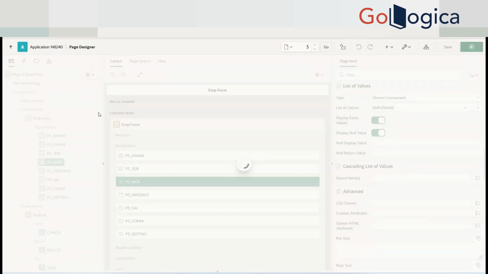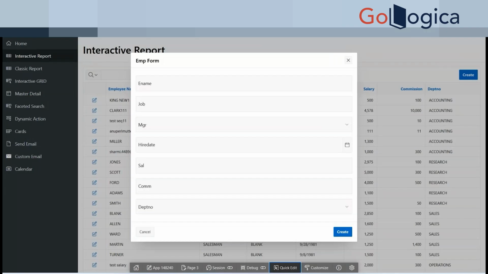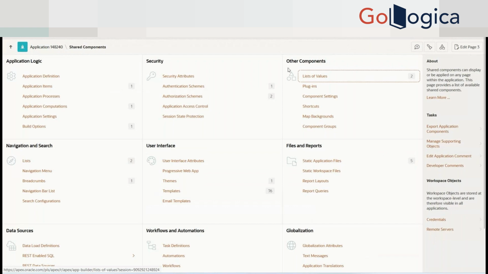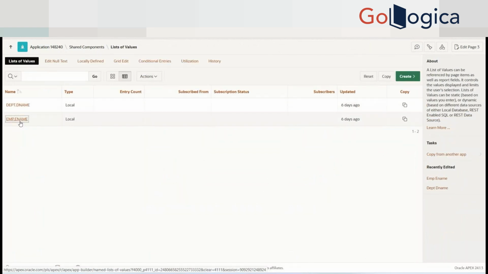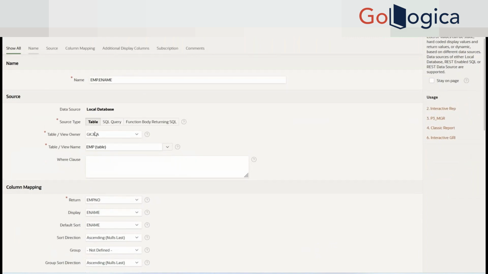Now let's say this manager. In the application, this will repeat many times on many pages. The manager drop down will be there. If you go to this list of values, emp name, inside you will see the SQL query based on a table, returning emp number and displaying emp name. So what happens if we write the SQL on the page itself? Let's say in future there is a change